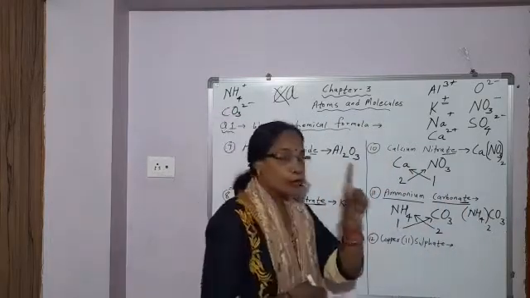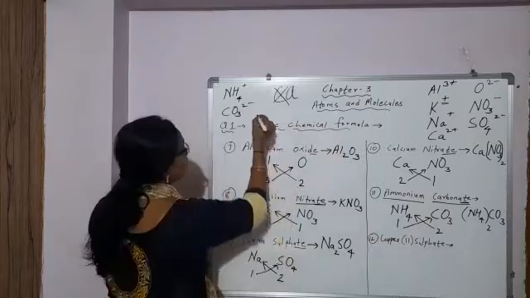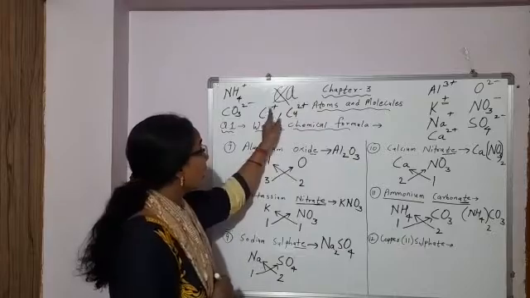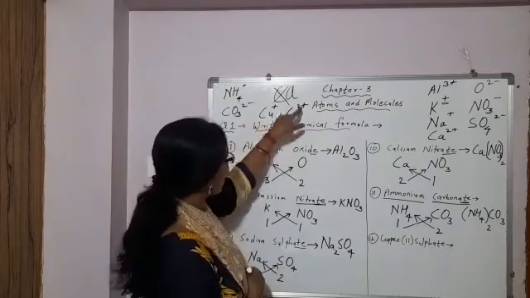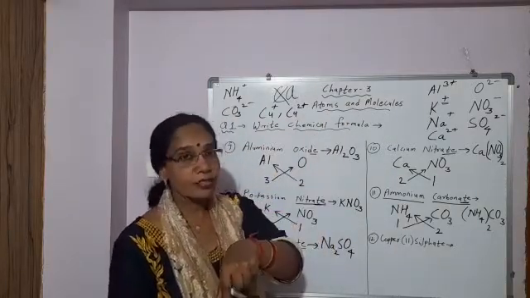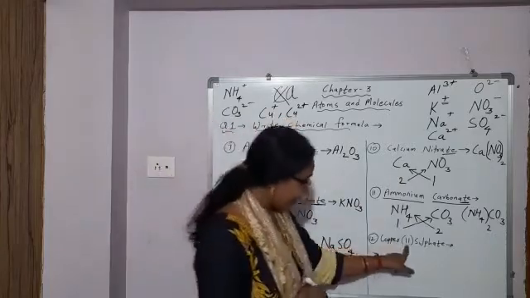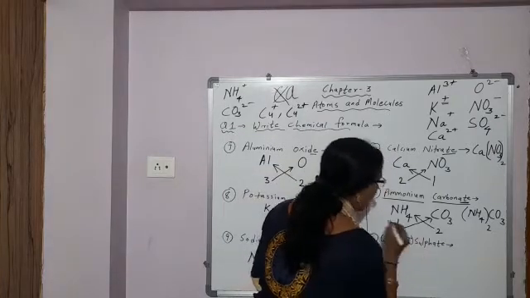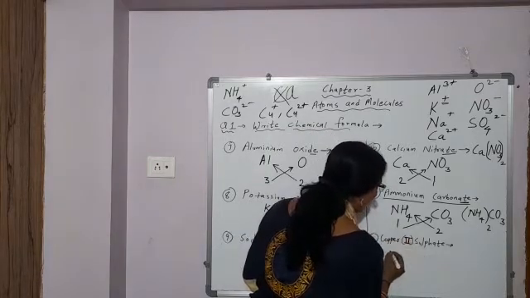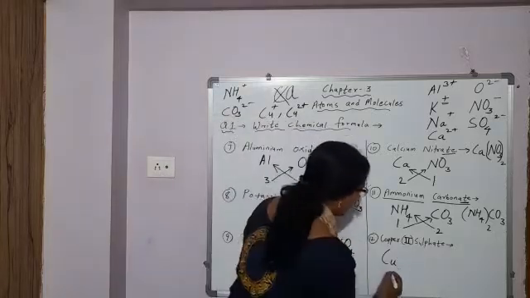Next, copper(II) sulfate is mentioned, students. Copper has 2 valencies, Cu plus and Cu2 plus, meaning 1 and 2. It can lose 1 electron as well as 2 electrons to attain the electronic configuration of its nearest noble gas. So copper has 2 valencies, 1 and 2. And here it is written in Roman numeral 2 within brackets, meaning copper uses valency 2. And copper, what is the symbol? Capital C, small u. The size should be small.